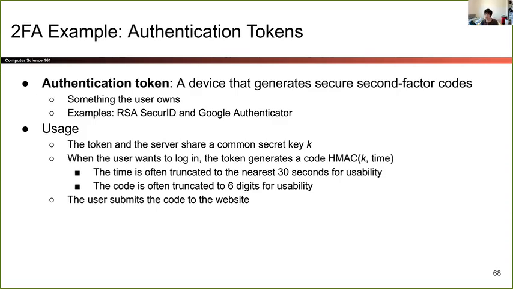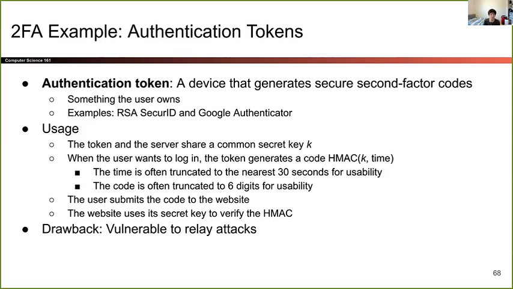Once you have this code generated on your phone, you send it to the website, and the website has the same algorithm. So the website will use the same key to generate the HMAC for the current time and check, does it match the code that was sent to me? So you can sort of reason about on your own the guarantees and why you would want to use HMAC. But this ensures that the user meant to generate their code